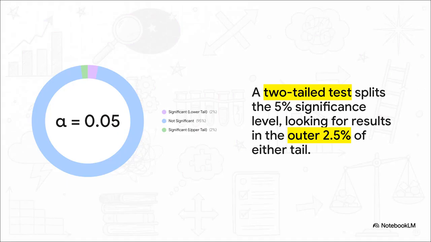So how do they decide if the evidence is strong enough to win the case? They set a bar called a significance level, or alpha. And that bar is almost always set at 5%, or 0.05. In that two-tailed test we just mentioned, that 5% gets split in half. This means they're looking for a result so unusual that it would only happen in the outer 2.5% on either side of the curve if the null hypothesis of nothing's going on were actually true.